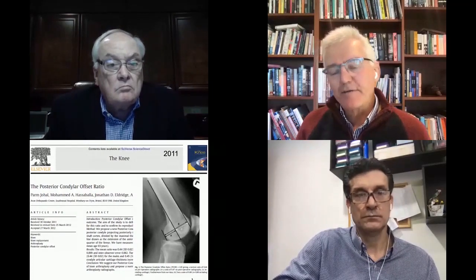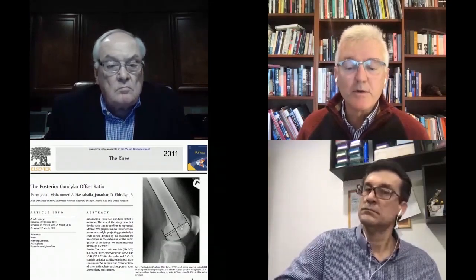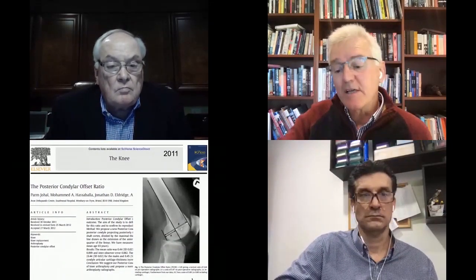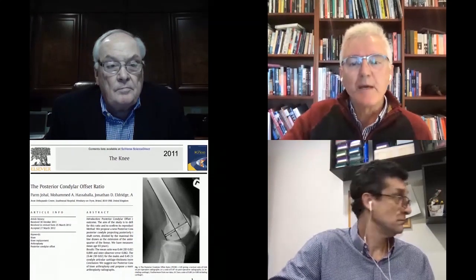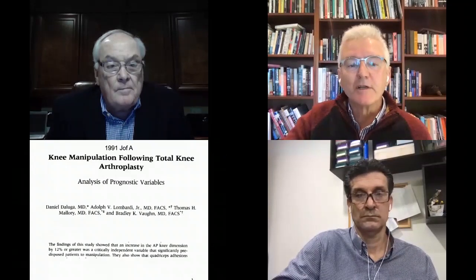Here's a paper from 2011 from the UK that describes and takes credit for describing the posterior condylar offset ratio. What they've done is measured the AP dimension of the femur on a lateral x-ray and then compared that kind of as a magnification marker to the posterior condylar offset. It's actually unfortunate that the authors of this paper didn't credit the people who really described this phenomenon originally,